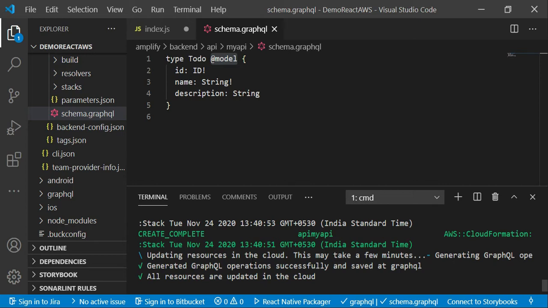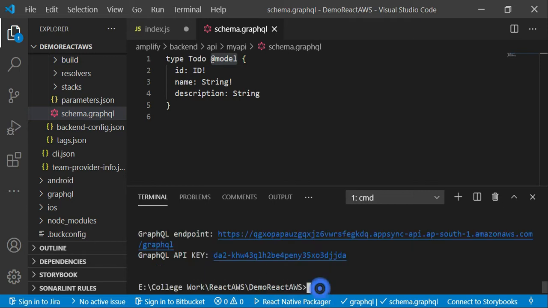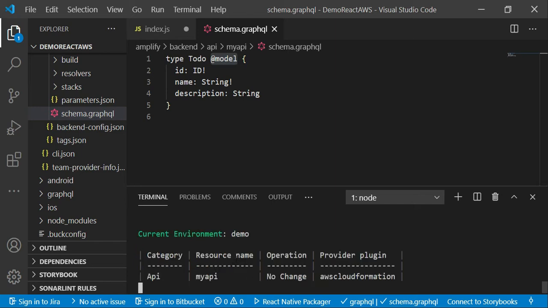Now the next step: if you want to check the status of your amplify, then for that purpose you can use this command. If you want to check amplify status, then you can execute the command amplify status. It has displayed the current environment. This was the environment that we have set up earlier with the category, resource name, operation and provider plugin.